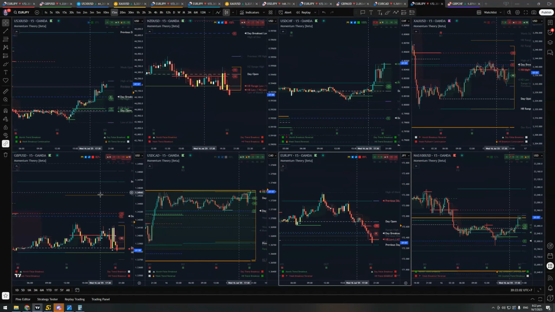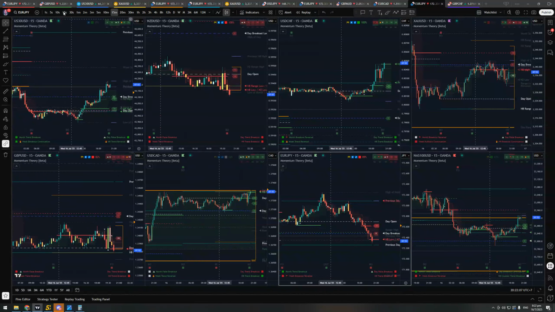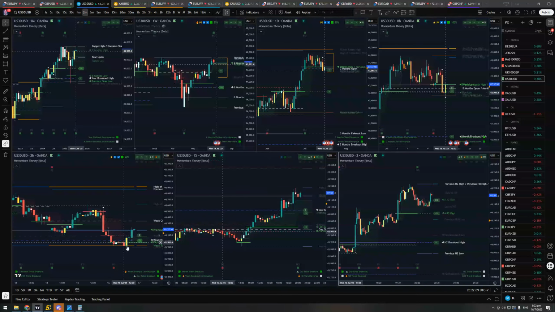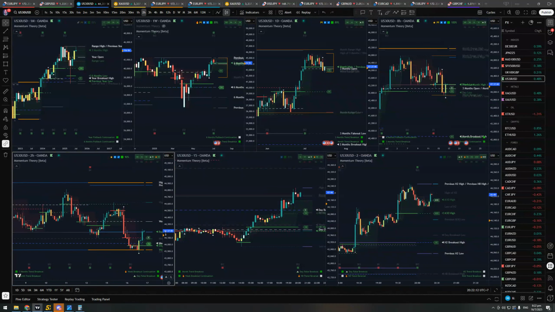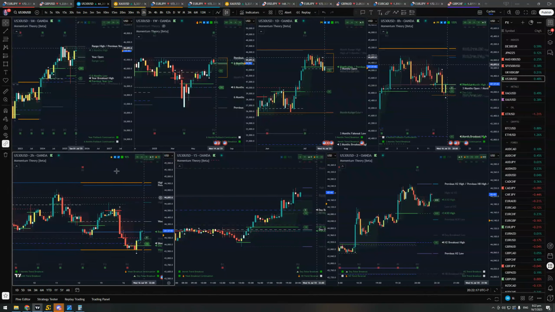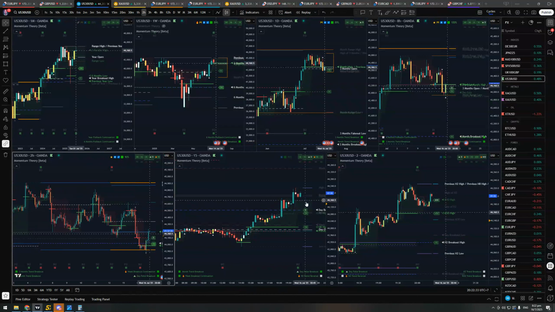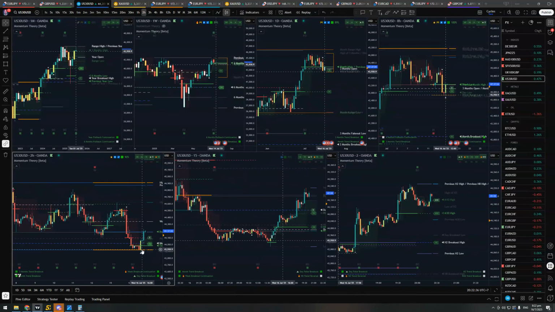Quick check on the other pairs. 8:30, almost at equity open. US 30 is still kind of in the half, fake that out, looking for price to retrace. So H2 bar, trend retracement on the H2 bar. I'm looking for a trend retracement on the M2, which is where I trade that H2 bar. So I would like this to come down, fake out the low. Already set that alert there. If it does that, then I'll know. Otherwise,